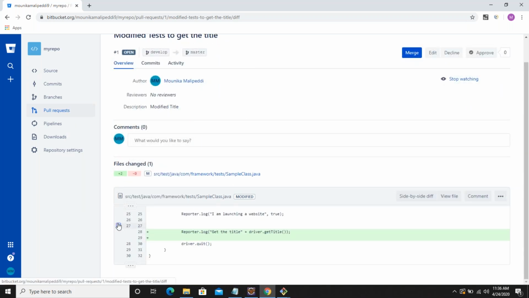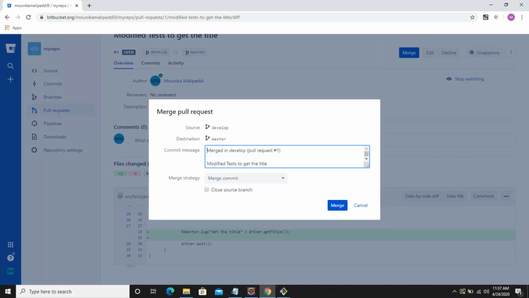So now if reviewers want, they can give a comment here, saying that you need to do this. This is how you can give comments to the people. And once reviewers see this file is fine, that is called peer review. So they will click on this approve button. Now you can see, since this is a self approval, but normally reviewers will approve it and they will get a tick mark over here. And finally, once all things are working fine, you click on merge; if they are not good, you decline it. And it is showing merge and merge commit.